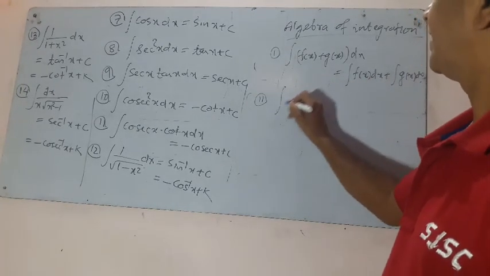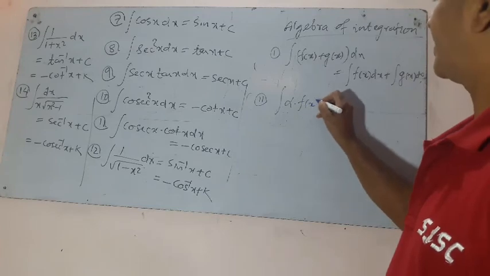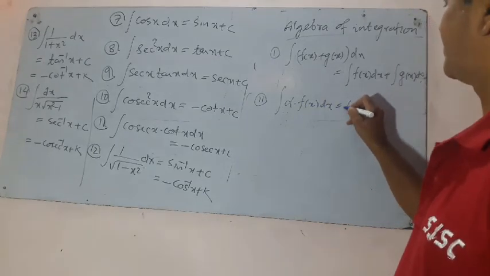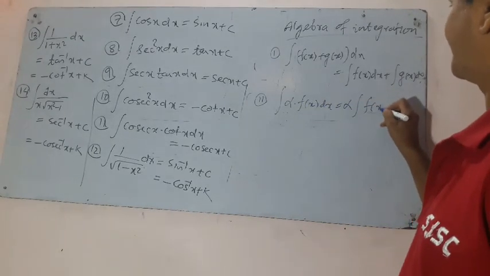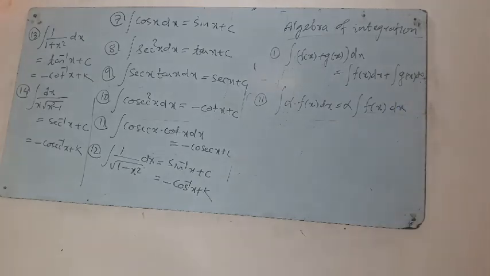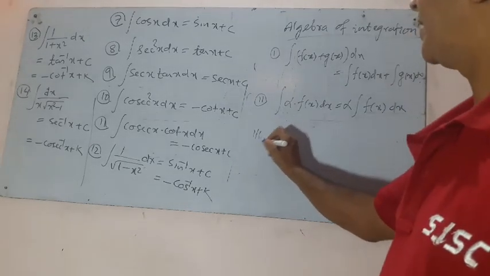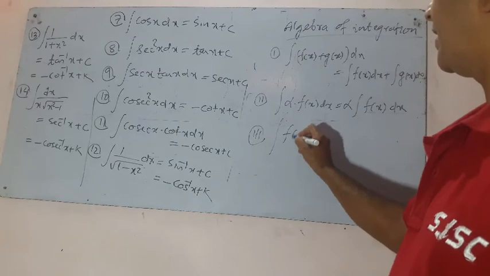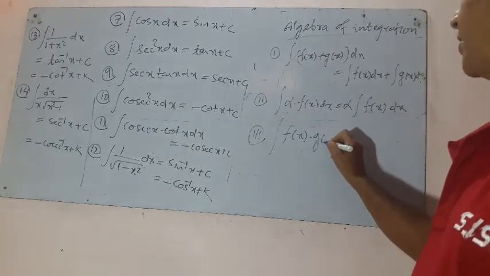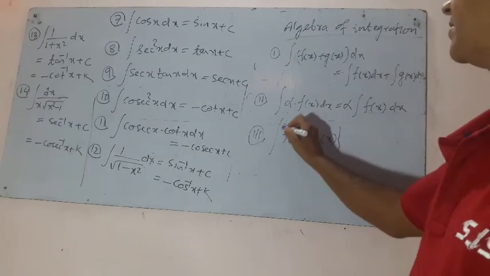Second: integration of alpha into fx into dx is equal to alpha into integration of fx into dx. Third: integration of fx into gx, the product of two functions,